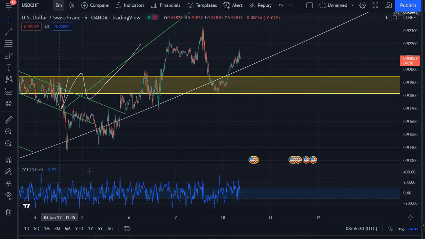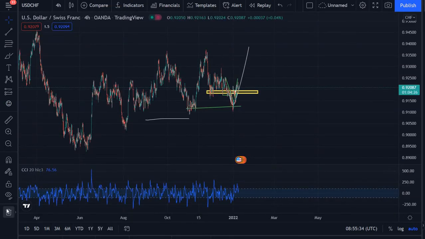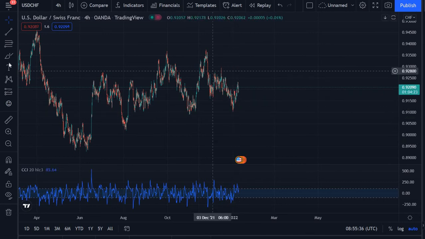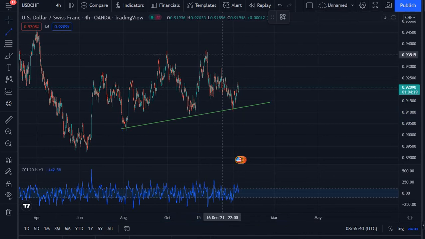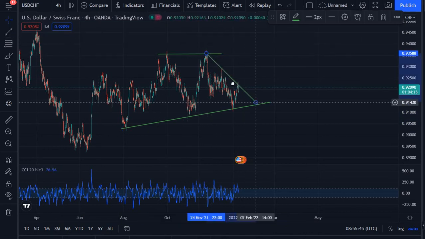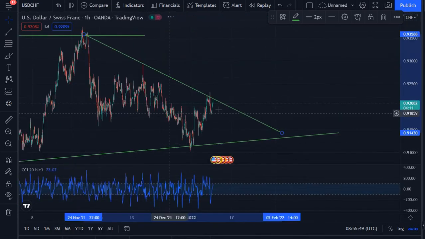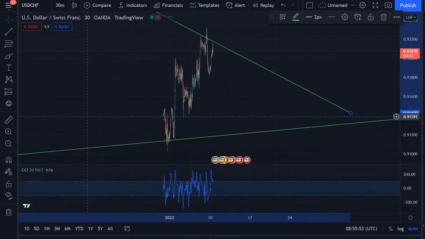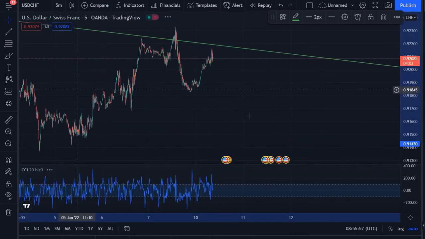So checking the USD Swiss franc as well quickly. 4-hour chart. So pretty much here this mess again. A bit of a double top here, which could, here the trend line is here getting targeted again, which means here we are looking now for shorts. If we check the 5-minute chart,